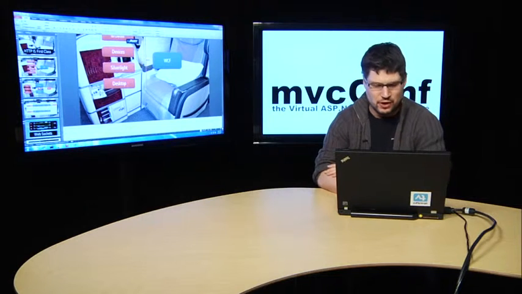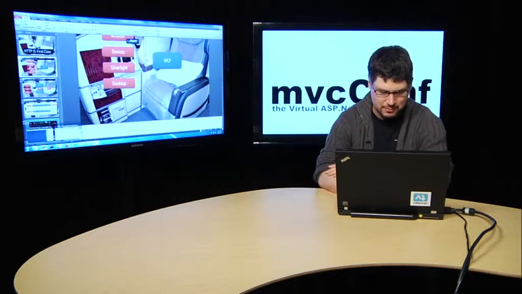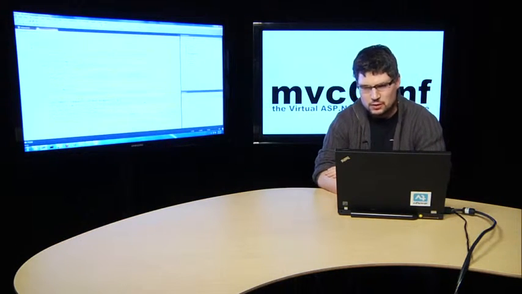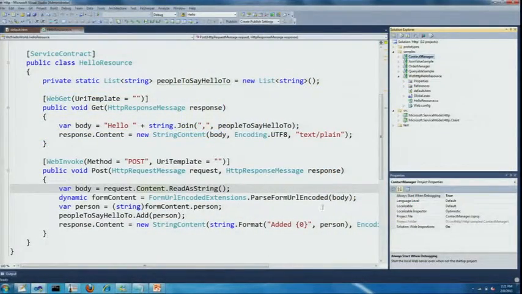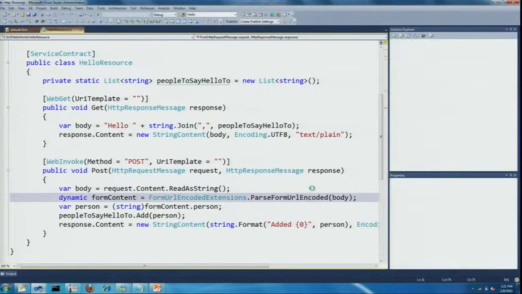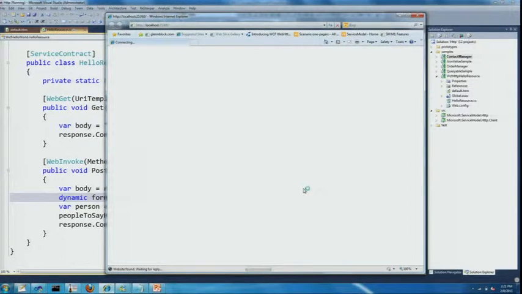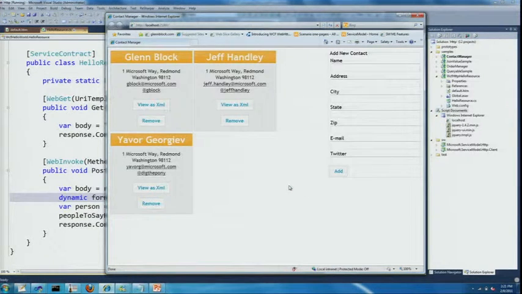So I'm just going to show you a very quick demo. You might have seen this if you've seen my PDC talk, but we're not going to spend a lot of time on it. But what I want to show you is the fact that we're putting our money where our mouth is as far as supporting different formats. What you just saw there was, hey, I can send raw HTTP and I can drop down to the wire to work with it. But not everybody wants to do that.